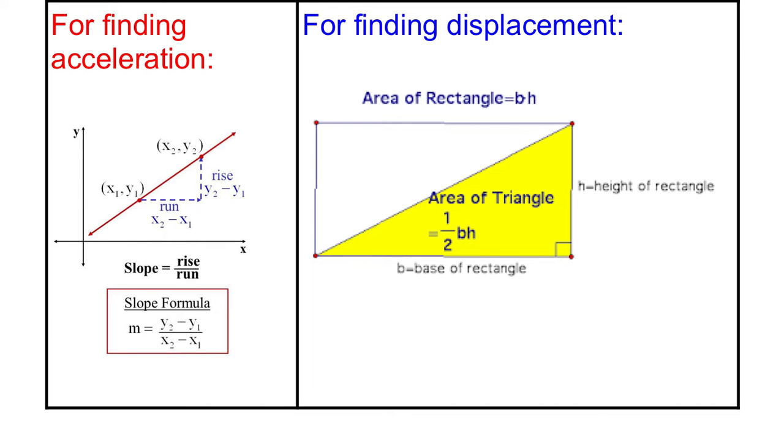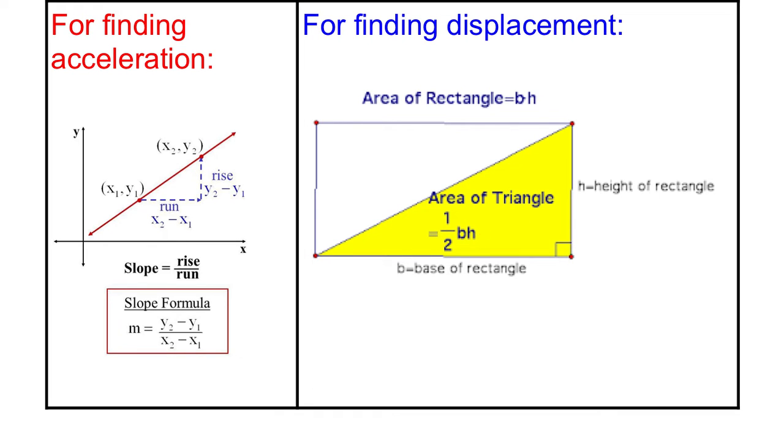And here we'll be using the rise over run method or the rise over run algorithm. And on the other hand, for displacement, recall that for constant velocity, we typically used the area of a rectangle equation, base times height, to determine the area. In this unit, we'll have to be prepared for triangles. So we'll be using also the triangle equation for area,